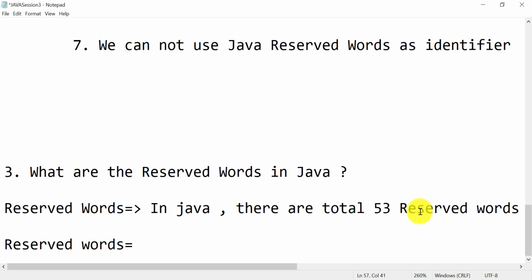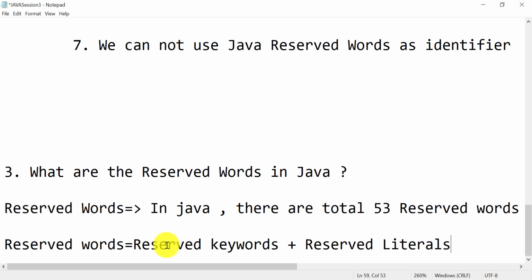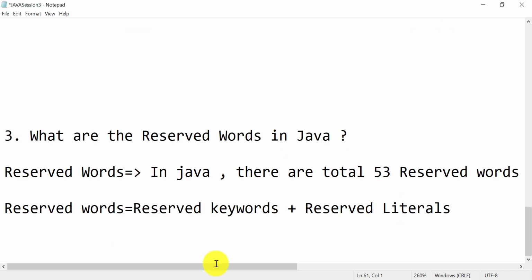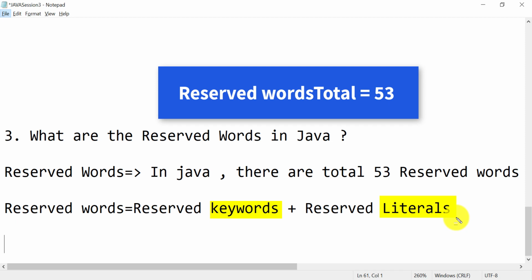So reserved words is a combination of reserved keywords and reserved literals. There are a total of 53 reserved words.